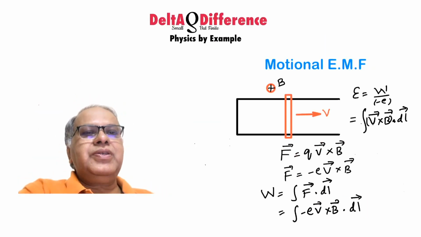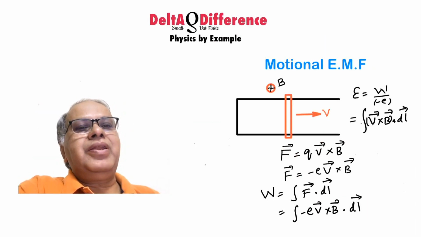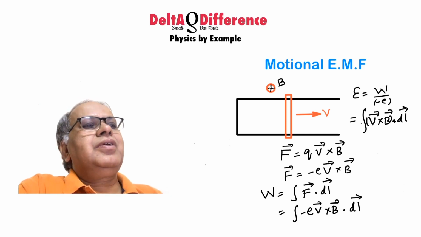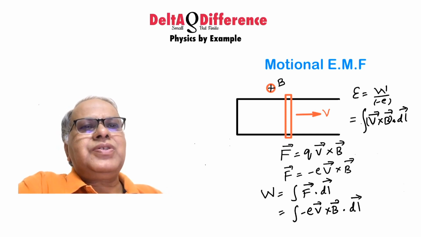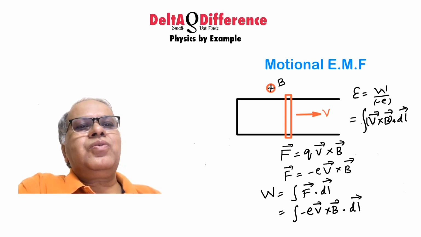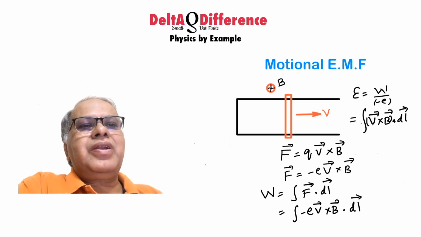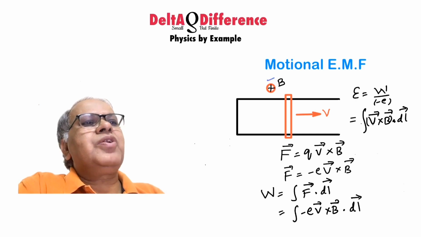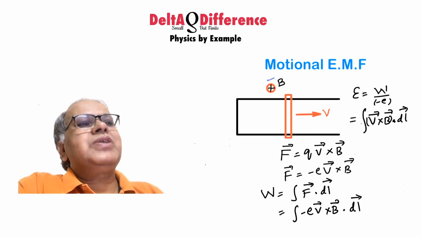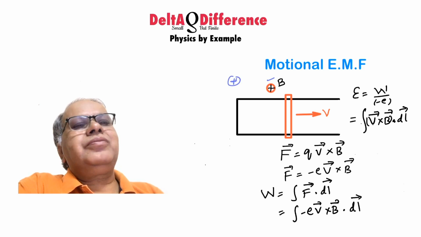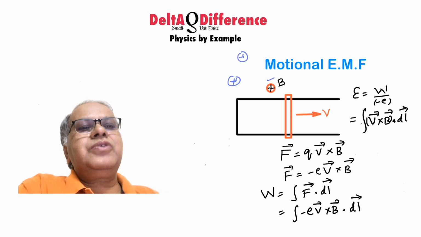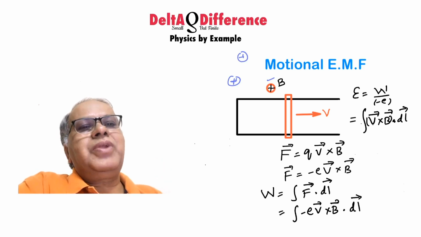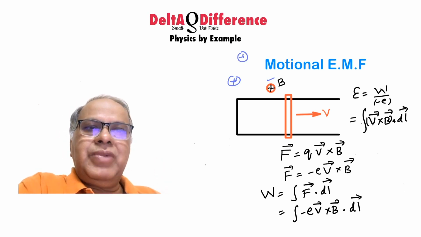Now we take up the second part, B dA by dt. For a while we can think B is constant to separate it from the original case where there are two things together. For our better understanding, let us think that this B is constant and say B is into the plane. Here I put it into the plane, doesn't matter. This plus sign is the tail of an arrow. So whenever you put a circle and put a plus sign, remember that the tail of the arrow is pointing towards you. So that B is into the plane. It is now constant with time, let us think.